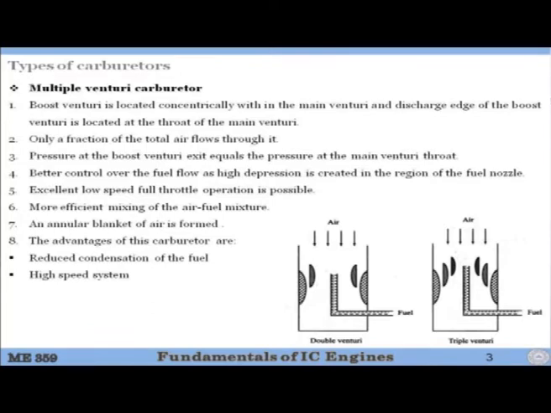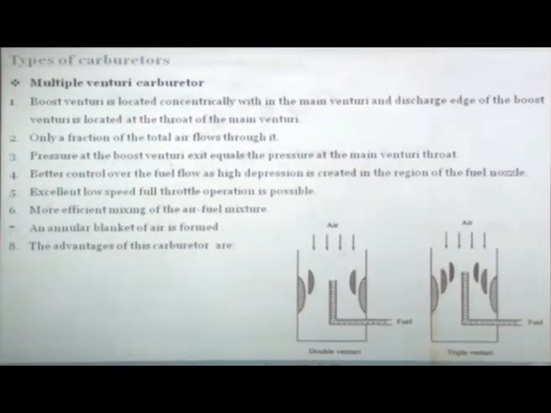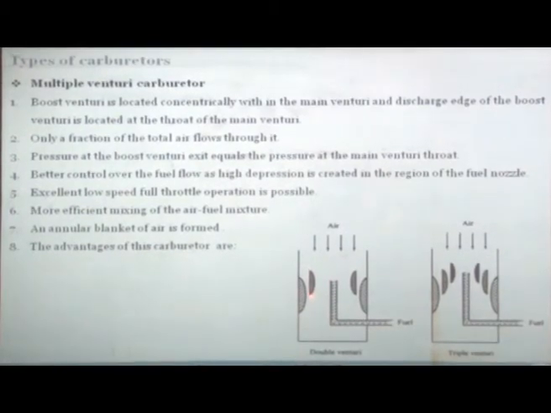And please see, this fuel line that is coming in is actually coming to the throat of the smallest venturi. So what does it do? The boost venturi is located concentrically with the main venturi, and the discharge edge of the boost venturi is located in the throat of the main venturi. So the discharge edge is this. Please see, this edge of this venturi has to be in the middle of the main venturi. Similarly, you can see here this venturi's edge is located in the middle of the